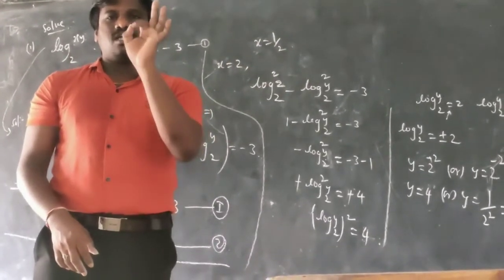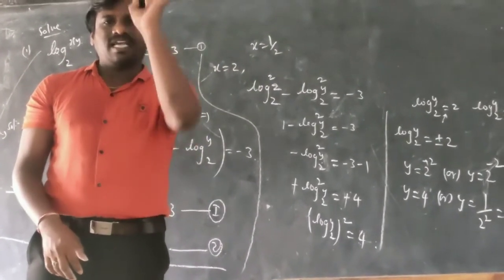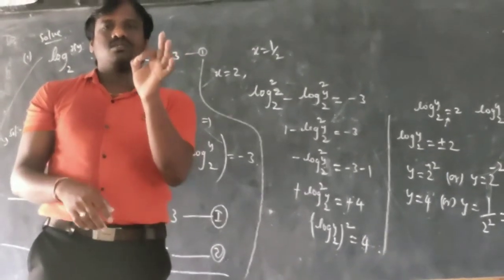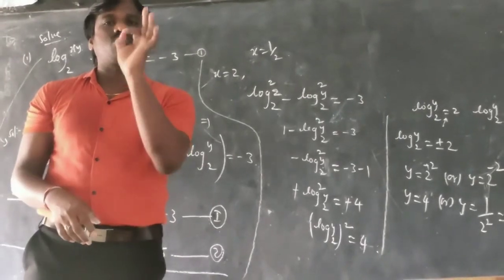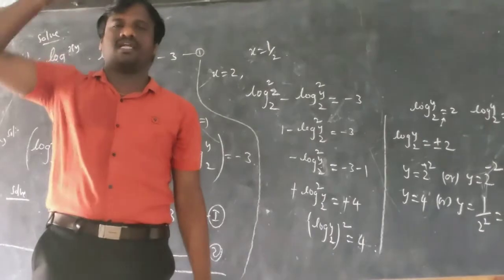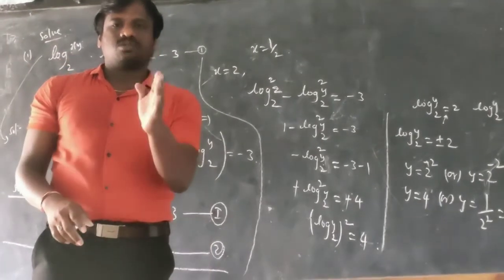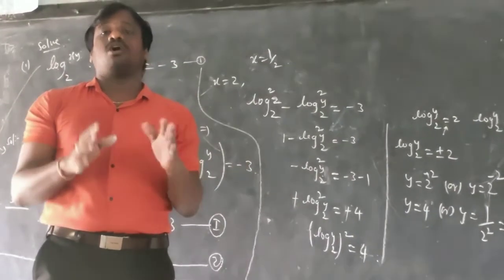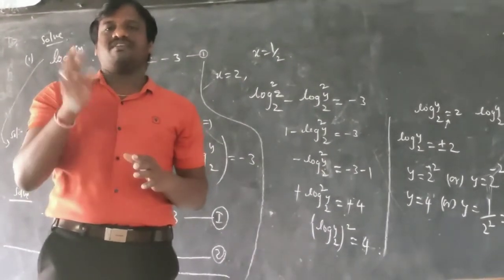Out of 25 questions, the brilliant students will score only 13 questions, 12 questions in JEE. If they are writing that many, they are the most brilliant students. Most of the students will write below 10 questions only. They don't answer all the questions in JEE, as seen in previous analysis.